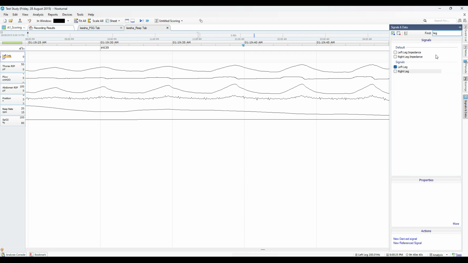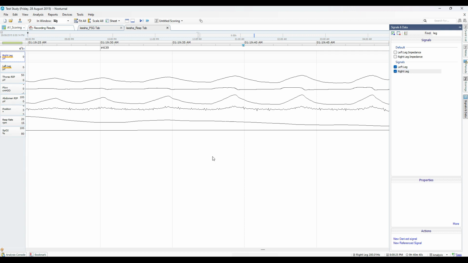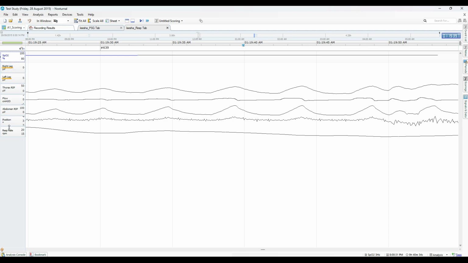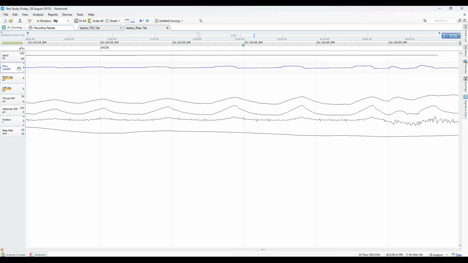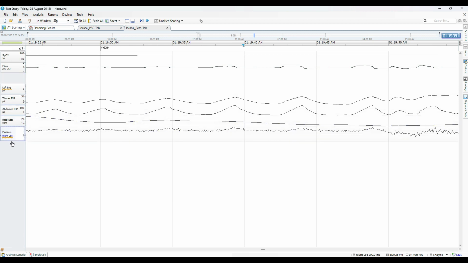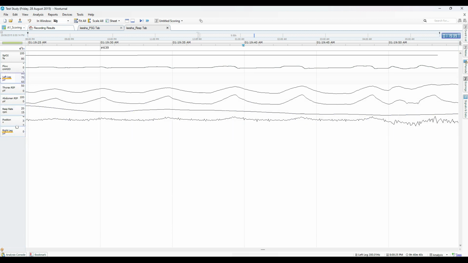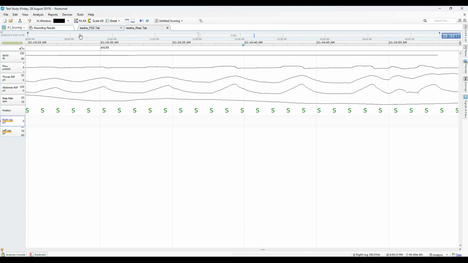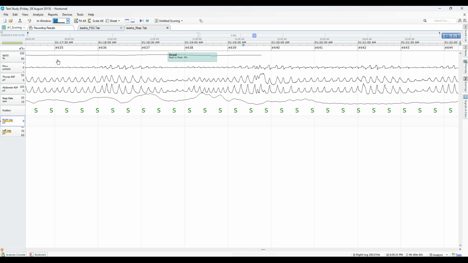I can also use the Find tool to locate a signal that I would like to add to my montage or workspace. Once happy with the signals I've added to the montage, I can once again rearrange, set the time base located in the window section,